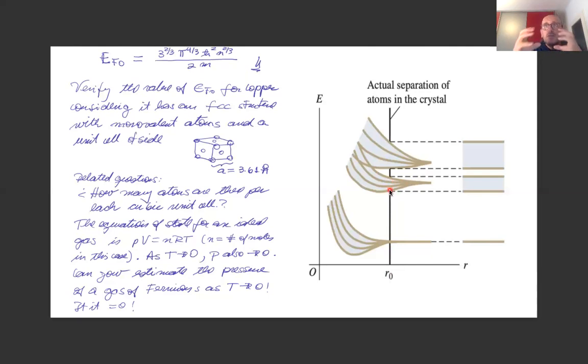That allows you to put the electrons in successive levels. You have to start putting them on top because you cannot put them all on the bottom. So this is the reason why you have this spread in energy, and the spread in energy is what each one of the energy levels in the isolated atoms transforms into